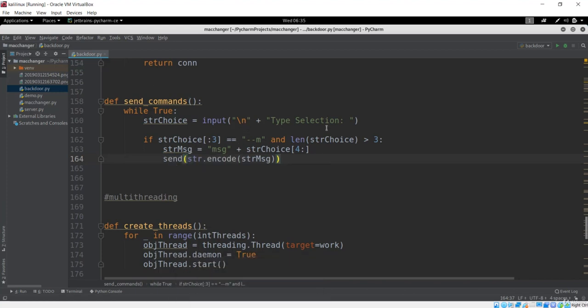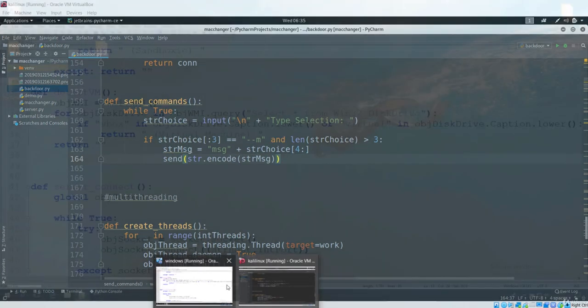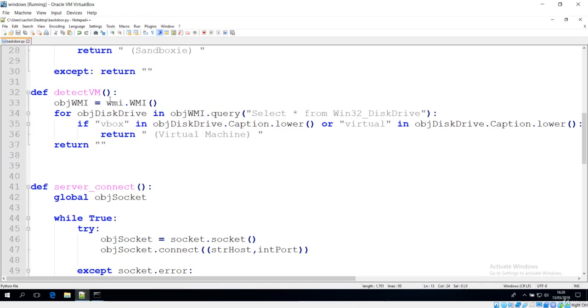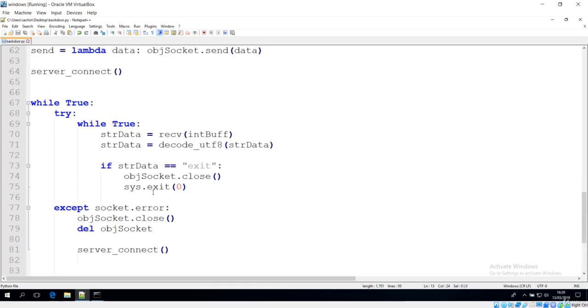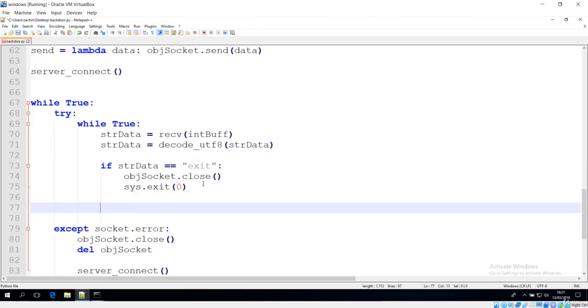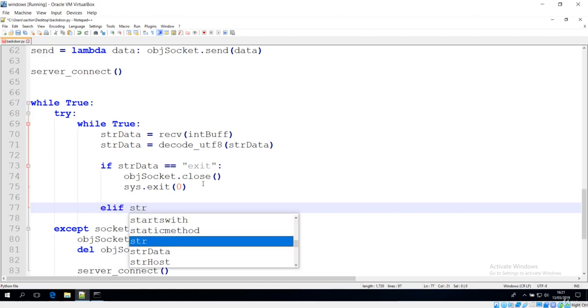Before that you can see that there is a type selection. Okay, so let's go over here, and in the Windows what we're going to do is basically this is our backdoor.py in this client, and let's see how we are going to implement that. First of all, we'll go to this while true, because this is where you have to see this command. And now I'll say elif, and the data that is sent,